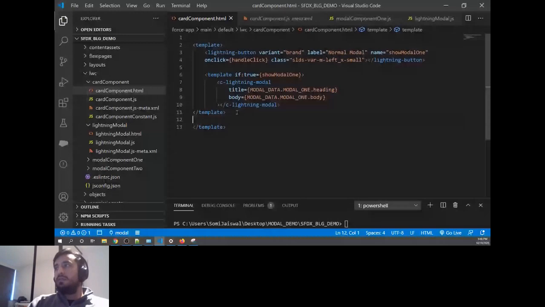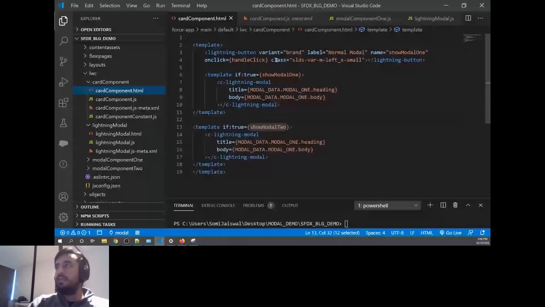In JS, we're going to initialize it to false, and by default you will not see anything. And a second button by which we can trigger the second model, and I want that name to be the same as the property we are using, showModel2, but the data should be different.